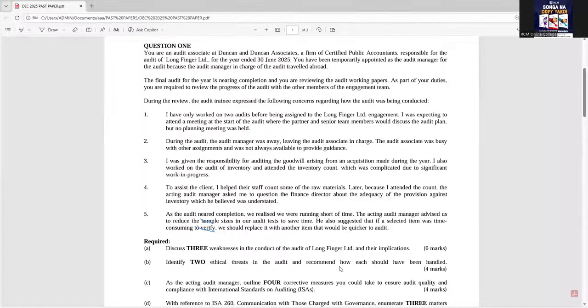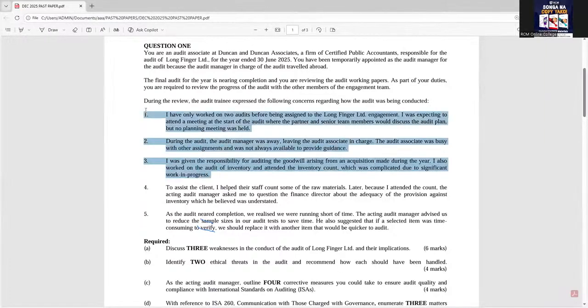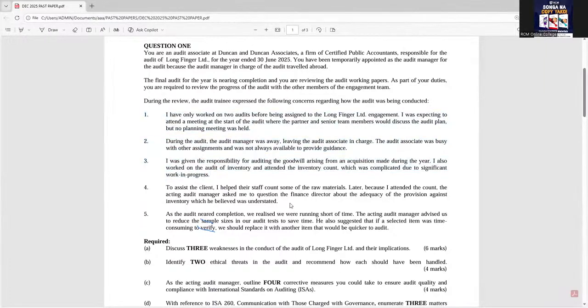So remember, the weaknesses, you've been able to identify them from the first three. Then you've been able to identify also, in this case, what? The threats to the independence and objectivity, or the threats to the professional code of ethics. So in the exam, they can call upon you to indicate the threats to independence and objectivity. They can be very specific, or sometimes they can just be very general like this: identify two ethical threats. So they haven't talked about independence and objectivity. You have to take note, the answers are the same.